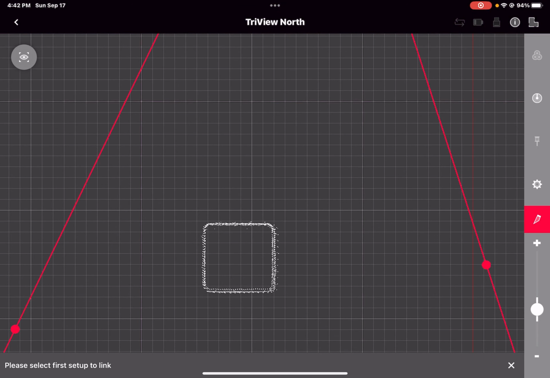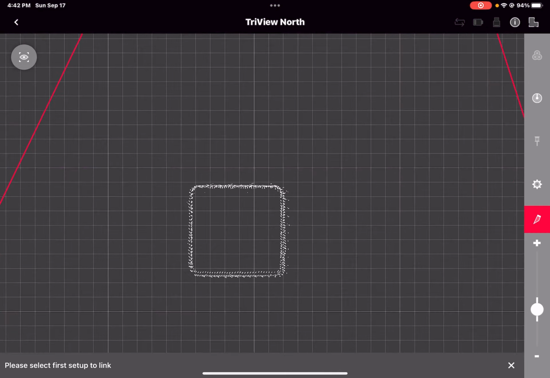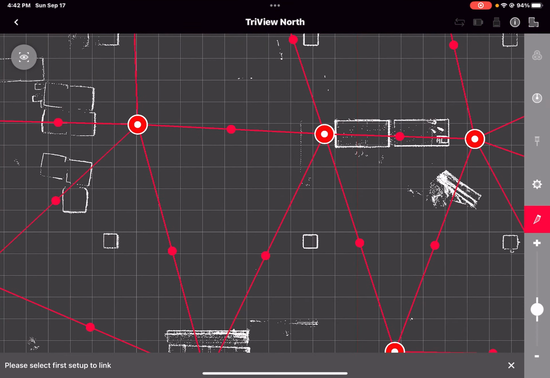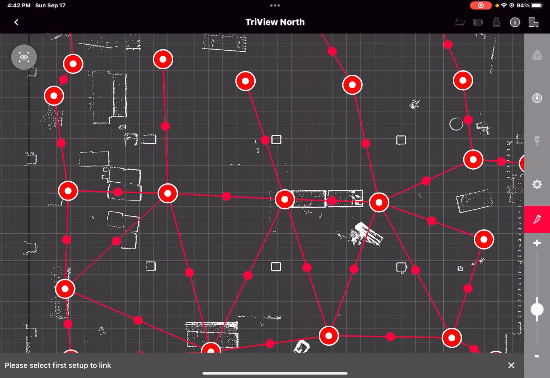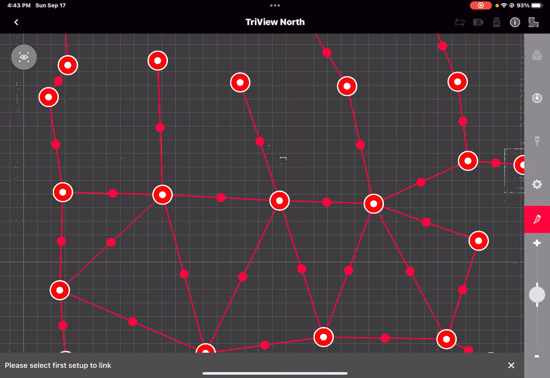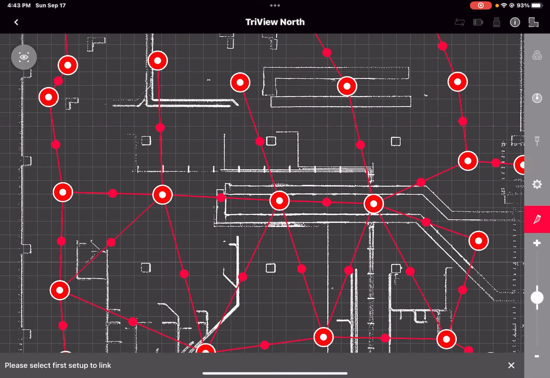So as you see columns that have lots of overlap from all your setups, you can double check that you don't have any bad registration issues. It's a little bit off here, but again, this is all Field 360. You're just dealing with a small percentage of the point cloud. Overall, as long as it's within the ballpark, within an inch or two, you're going to be perfectly fine. But it's just a new tool that you can have at your disposal to really make sure your